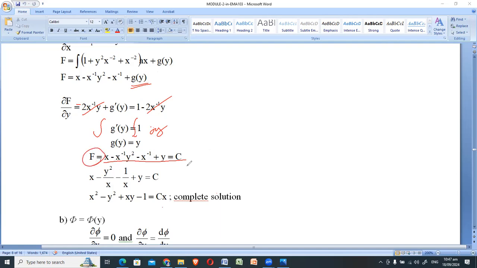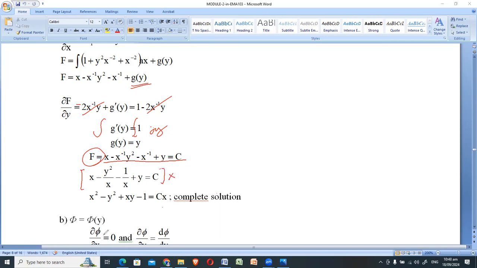Just this one only with the c appearing on the right side. If you have it written in a different form, that way you'll be able to simplify it and you'll not have any negative exponents. So you will have (x minus y squared) over x, minus 1 over (x plus y), equal to c. If you intend not to see any x in the denominator, you can also multiply the entire